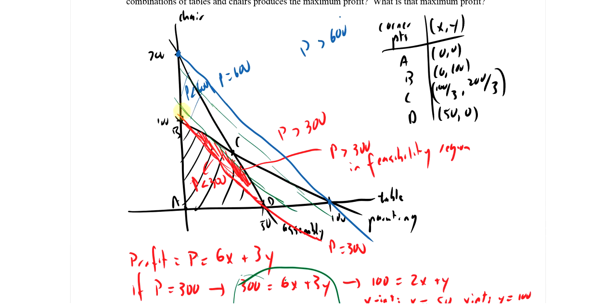So where's the maximum profit going to be? Well, if you look at the profit line that touches that last corner point, that's a feasible solution, right? You can do the corner point. This line doesn't touch the feasible region anywhere else, so you can't get that much profit at any other point in here. And if you go a little bit further, you leave the feasibility region entirely and you won't be able to make any profit at all. So for this one,